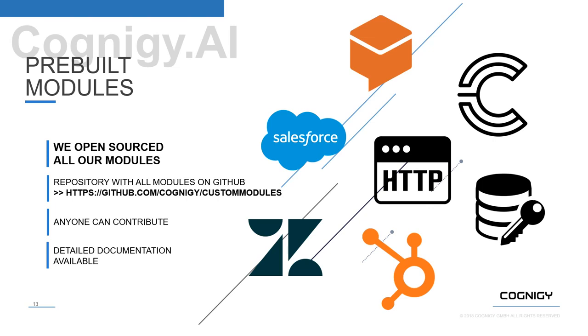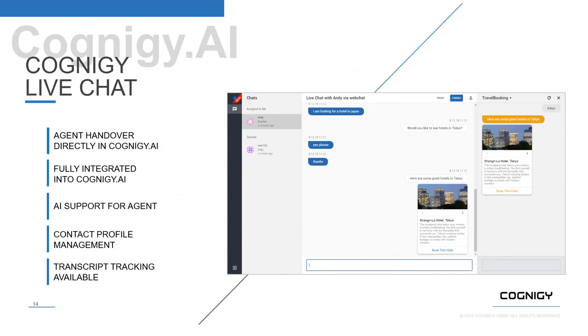The second thing we're introducing today is Cognigy Live Chat. A lot of our customers and partners have asked for this feature because they want an agent to be able to take over a conversation from a bot and carry on a conversation with a human user. So what we've done is we've integrated agent handover directly into Cognigy AI. Previously, we had enabled this for several different channels like Facebook and Twilio,